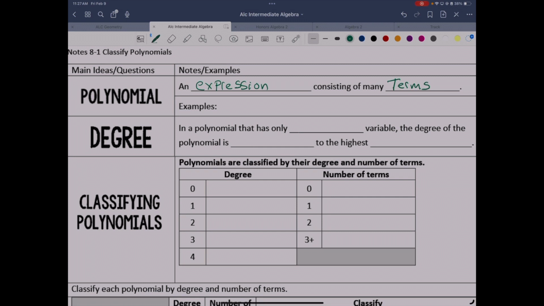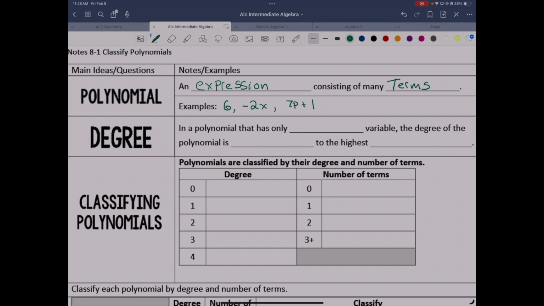An example of a polynomial might be just one term. 6 is considered to be a term. It might be something like negative 2x. Those are what we call monomials because they're singular. We'll talk about that a little more in a minute. It can be a series of terms that are added together. So if we add two monomials together and have something like 7p plus 1,